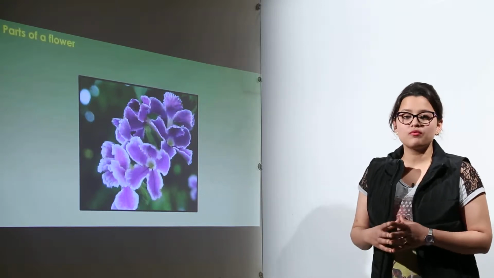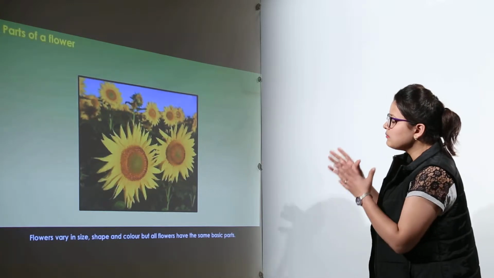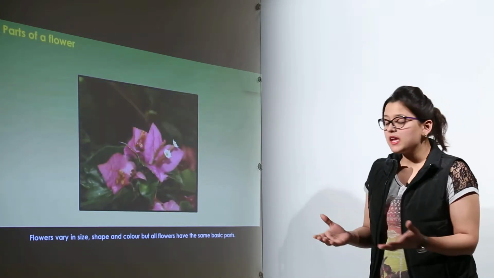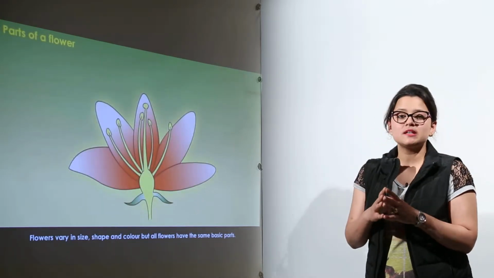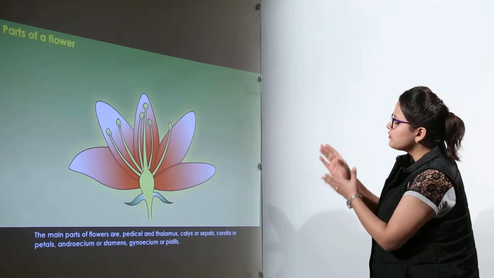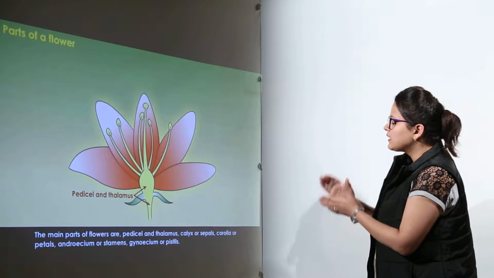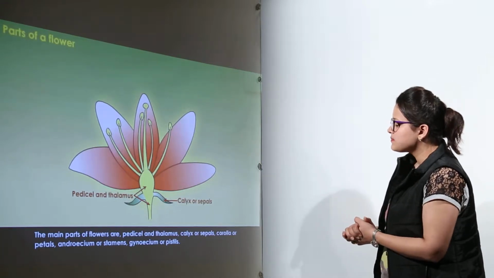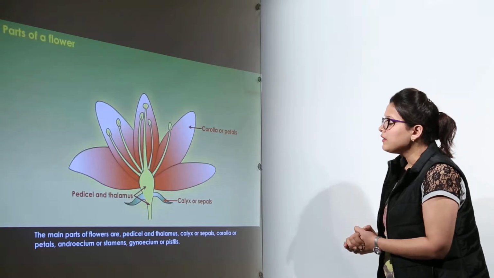We shall discuss the fourth important part of the plant, that is flowers. Flowers can be of different sizes, shapes, and colors, but all flowers have the same basic parts. So what are the parts of a flower? The main parts of the flower are the pedicel and thalamus, the calyx or sepals, the corolla or petals, androecium